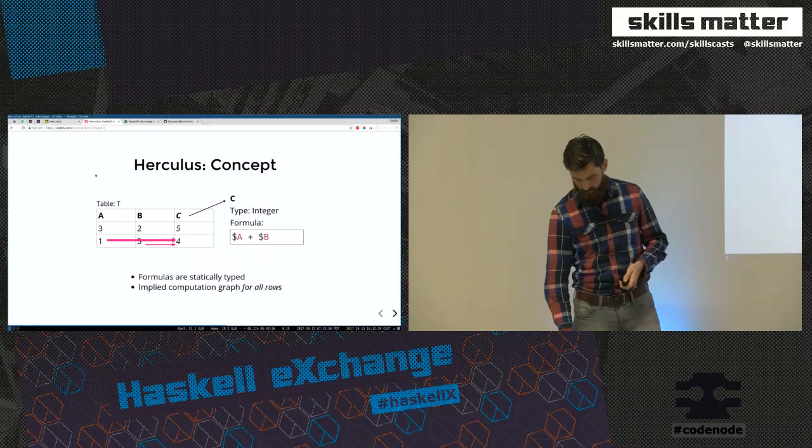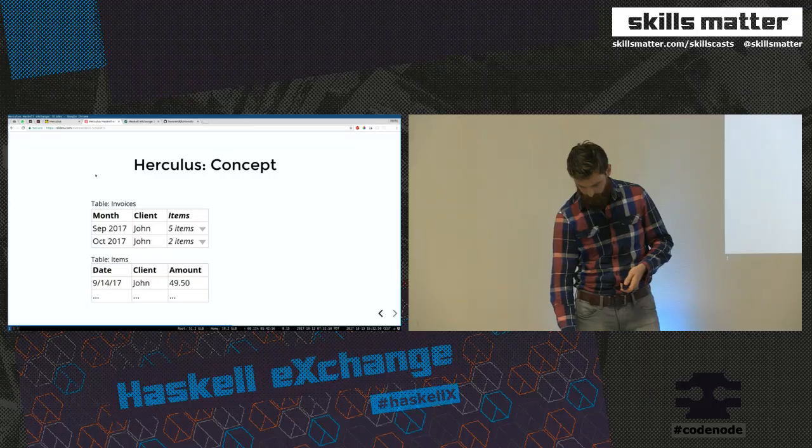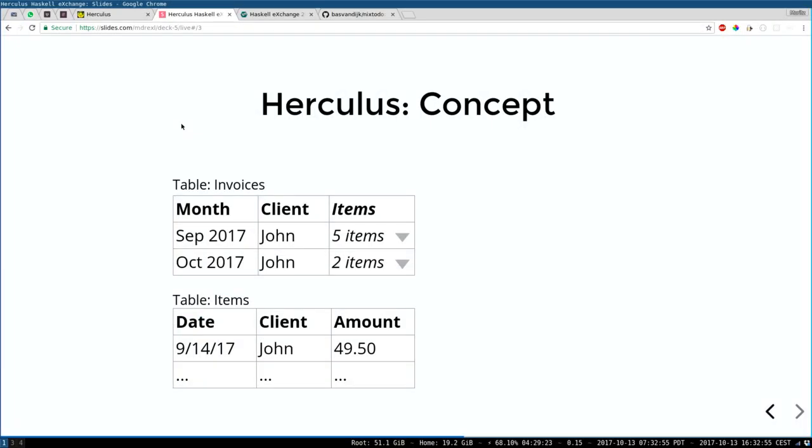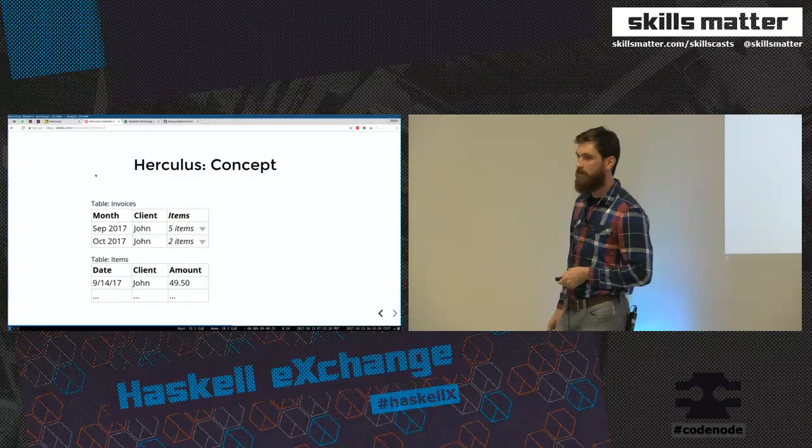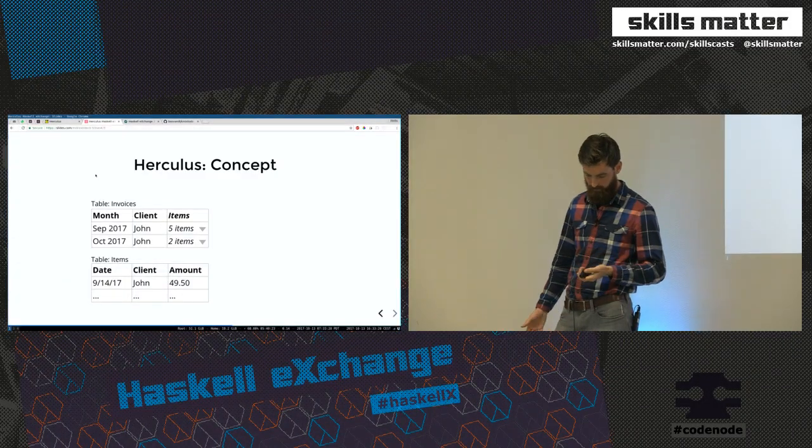Now we can make this slightly more interesting, like this. Here we have 2 tables, a list of invoices and a list of items that can be part of the invoice. And we have this column items, which represents what I get if I join those 2 tables on the condition that the date of an item has to be within the month and the clients have to match. And in Herculus, we can very easily express this